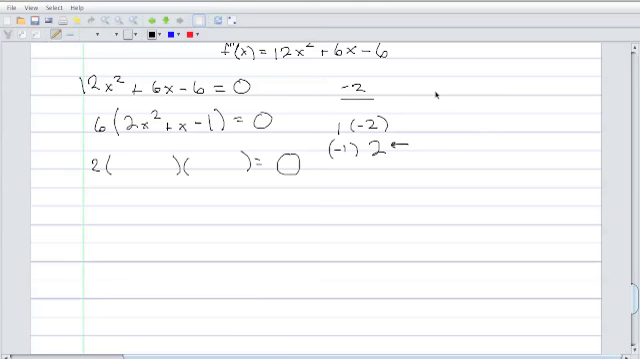Okay. So again, if our original is 2x squared plus x minus 1, we want to factor this. So I'm going to split